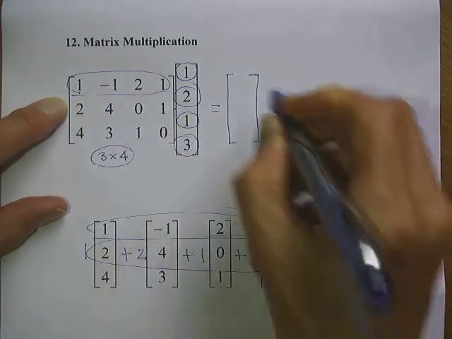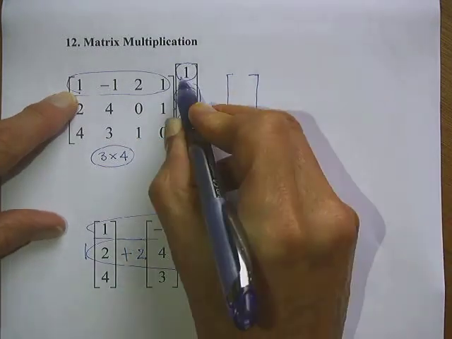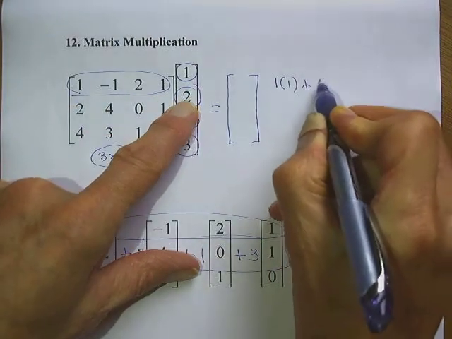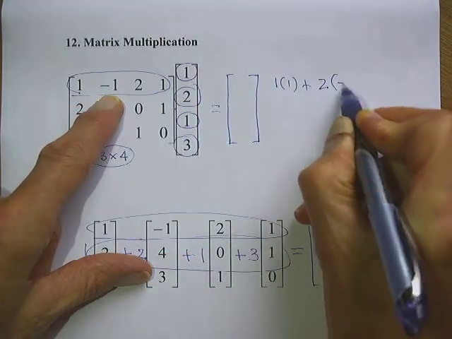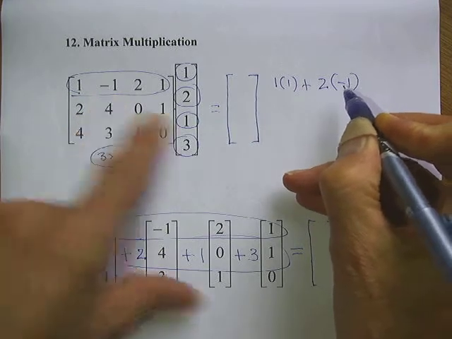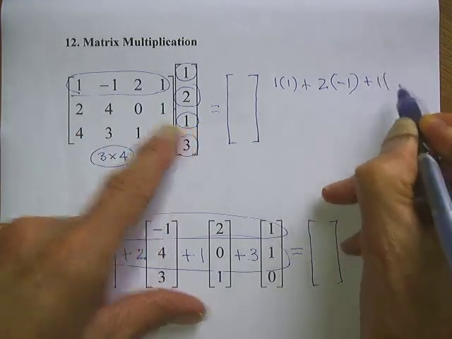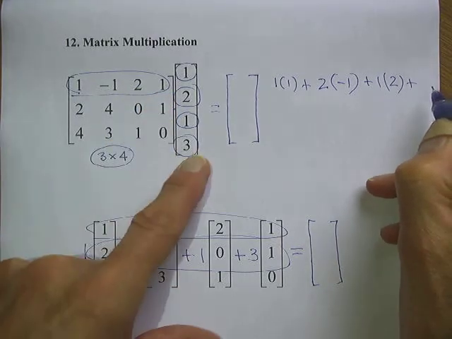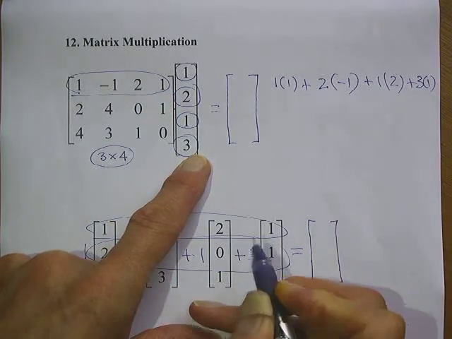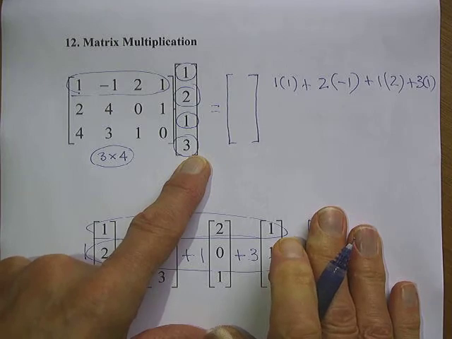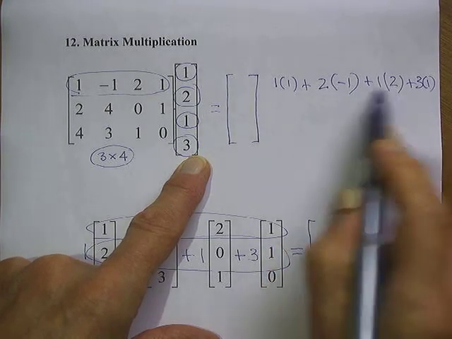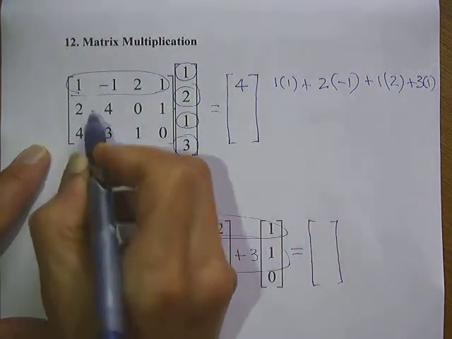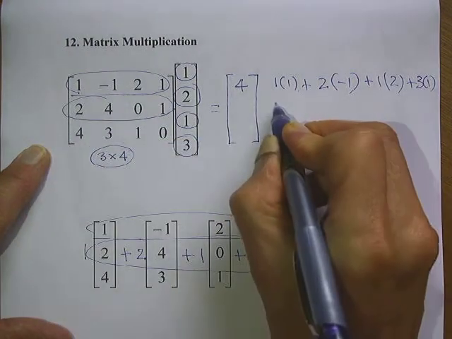Here's the first row, and so let's just work it out here. It's 1 times 1 plus 2, there's your coefficient, times minus 1 plus 1 times 2 plus 3 times 1. And that's the first entry. Those cancel. It's 1 plus 3, that's 4. Second entry,